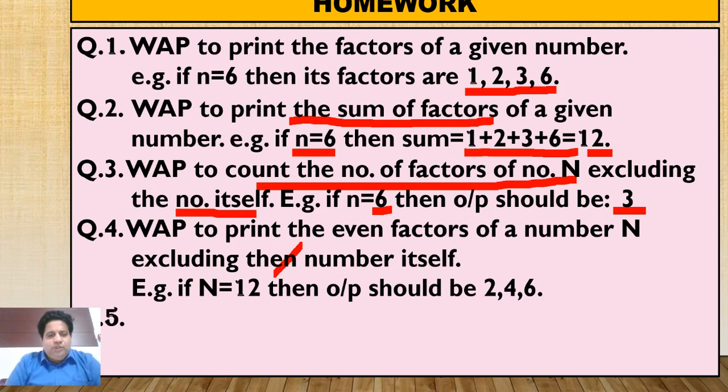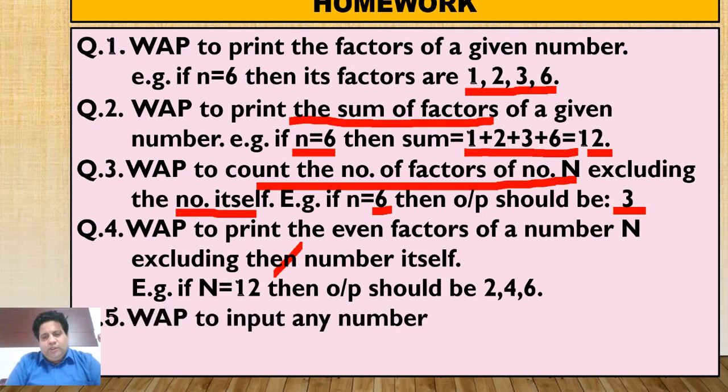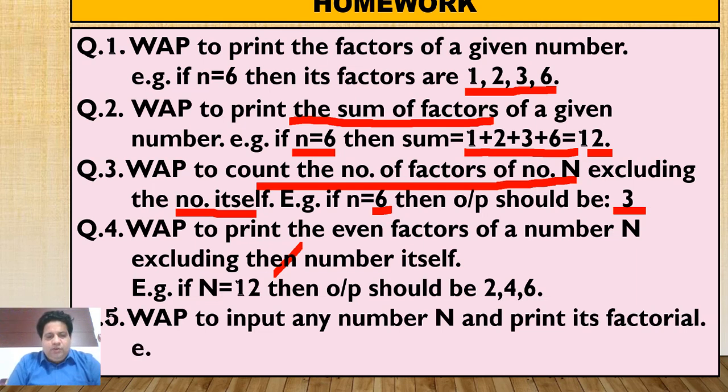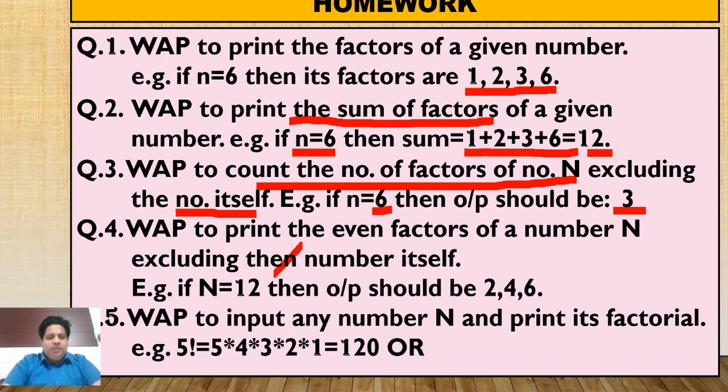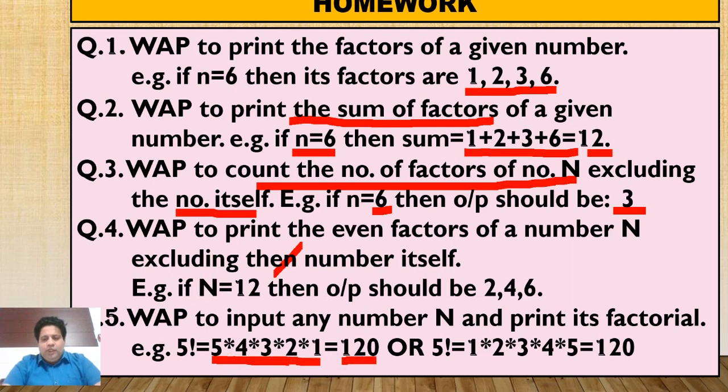And in the last program, question 5, you have to find the factorial. Factorial you all have studied in class 10th also. For example, factorial of 5 can be written in two ways. The symbol is exclamation mark. Either you decrease it, means multiply 5 by 4 into 3 into 2 into 1, you will get 120, or you can multiply in ascending order also. Now in this tutorial we have learned how to execute the loop in descending order. So either you execute the loop in descending order from that number to 1, or you can execute the loop from 1 to that number, and find its product, the product will be 120.